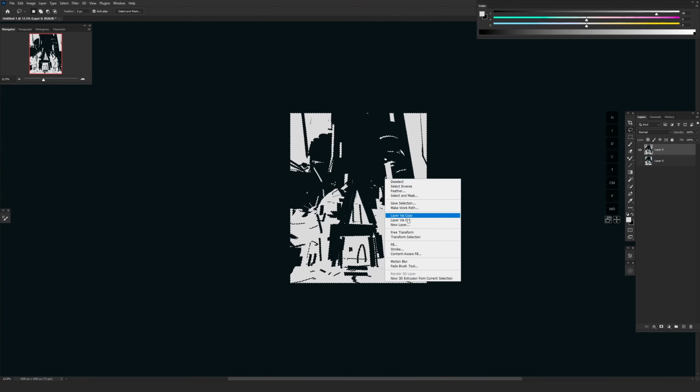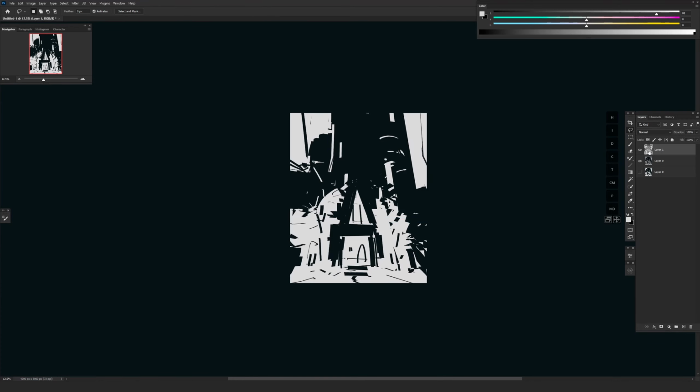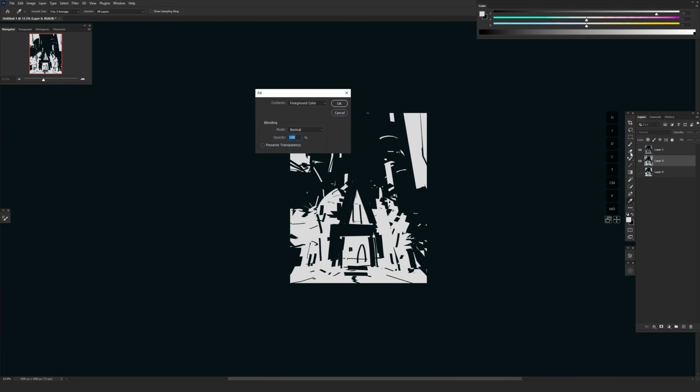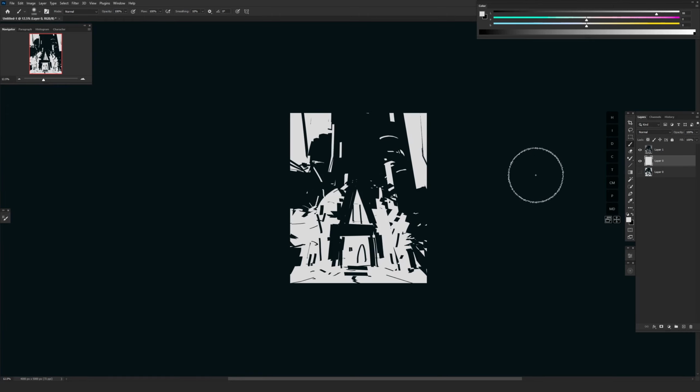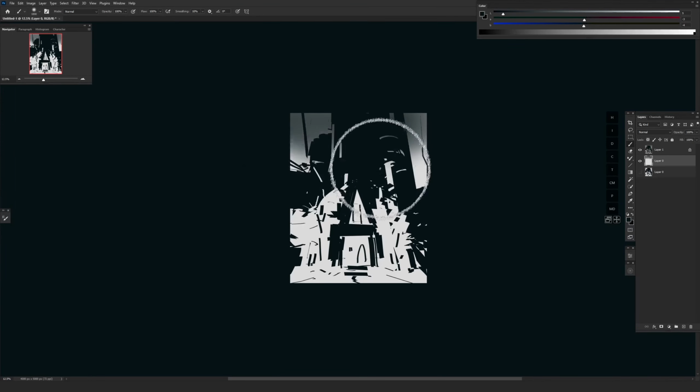Just gonna create a layer over copy. Okay, so I got this isolated shape now, so that's nice. And I'm gonna fill that one with a foreground color. We'll do that. Now, lock transparency. And here we are. This is basically the idea that I had lighting-wise,